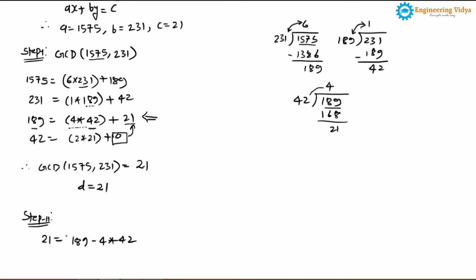What I said at the beginning of step 2: here you will have to take the equation which has the latest remainder other than 0. Then whatever is the latest remainder will be expressed in terms of the other two terms, because the remainder equation has three terms. This is term 1, this is term 2 and this is term 3. So I am considering 21 as term 3. So term 3 will be expressed in terms of term 1 and term 2. Hope this is clear to you now.